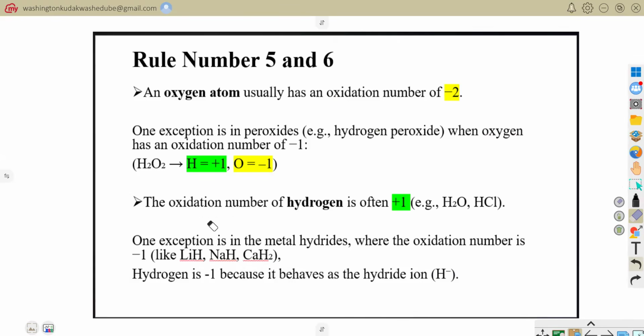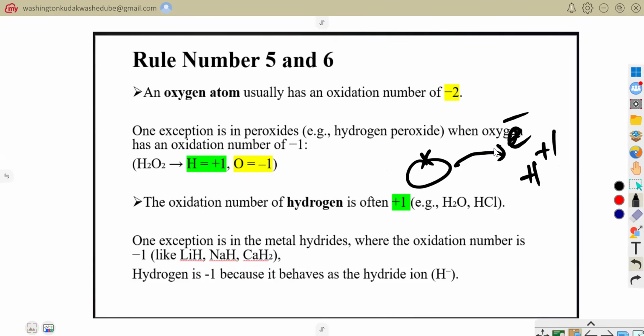And then the other rule has to do with hydrogen. We know that hydrogen comes from group 1. And because of that, it usually has an outer shell carrying 1 valence electron. So when it gets to lose that electron, it remains as just a hydrogen atom like that. So it will be carrying a charge of +1, which symbolizes that it has lost an electron.